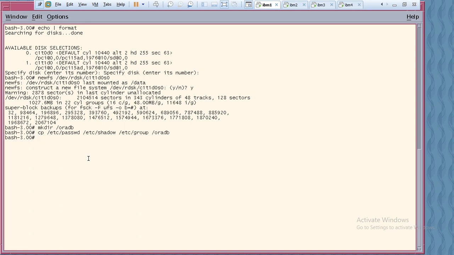How will I come to know whether all the information is copied or not? I can execute ls -ltr on OraDB. See, passwd, shadow, group, all are there. Now which permission? The general permissions are there. Now I'll go to the configuration file of NFS,